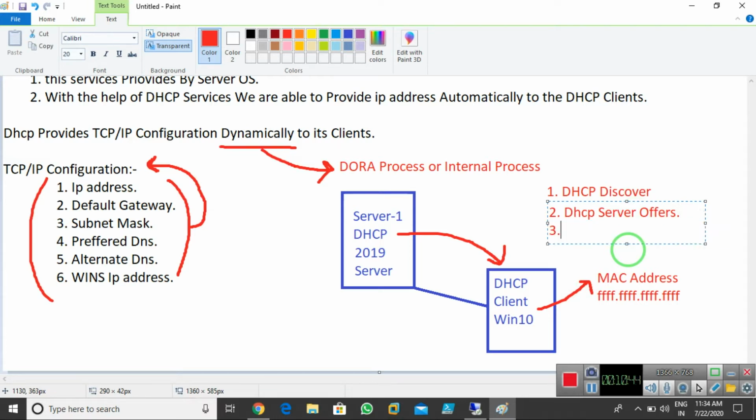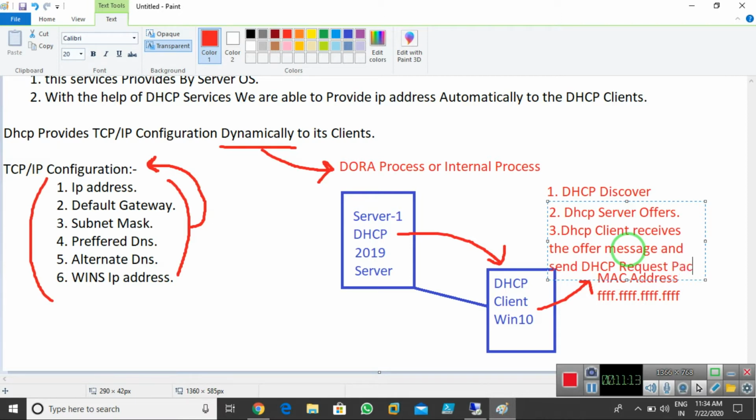Number 3, the DHCP client receives the offer message and sends a DHCP request message packet.